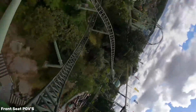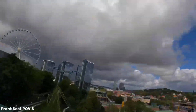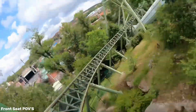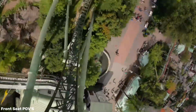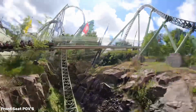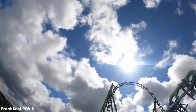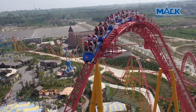It may not have the best launches, but it really has a scenic location combined with crazy airtime, hang time, fill inversions and whippy inversions. This is just a world-class layout of course. And in 2025, the new dual launch coaster from Mack Rides will open at Epic Universe, and this looks even crazier, maybe one of the best Mack Rides in the world. Moving on to spot number 3, we have the Hypercoaster, but there haven't been built many Mack Rides Hypercoasters